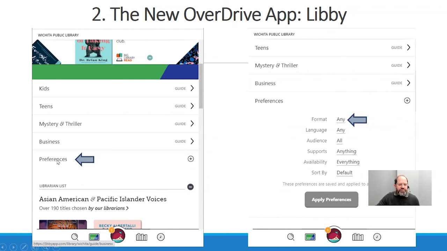When you go to preferences, you get this dialog here. You have format, language, audience, supports. That's whether it supports Kindle or EPUB or Libby book, availability. And these are the defaults. Availability is set to everything. Format is any. So in this example, I'm going to